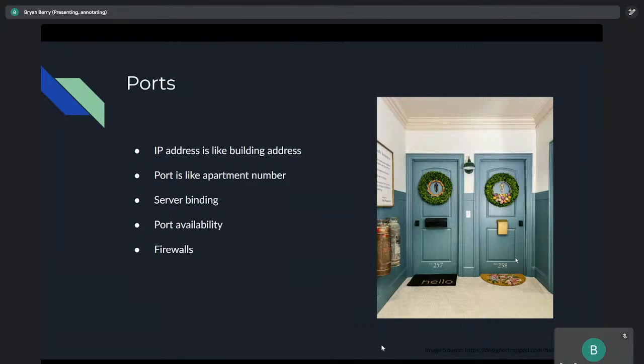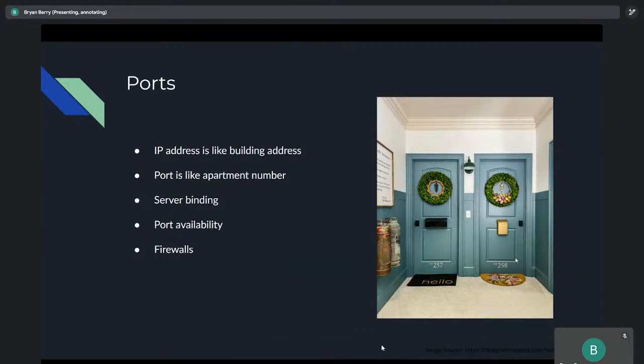I'll take that. Cool. So if we use the analogy of a computer being like a house, and an IP address is like that house's address, it's how you find it on the internet. A port is like the apartment number. It's like a door on the building. It's basically some point at which you can access some kind of resource inside the building. So the access point at which you can access some resource on your computer. Now each port is numbered, okay? And